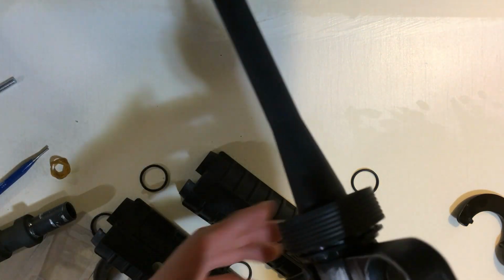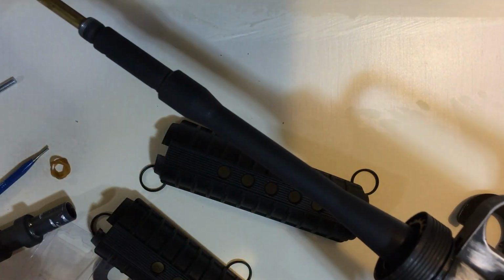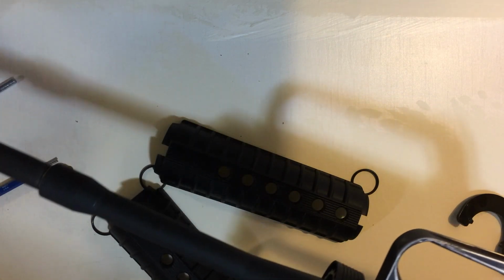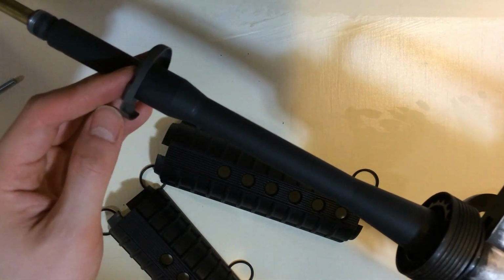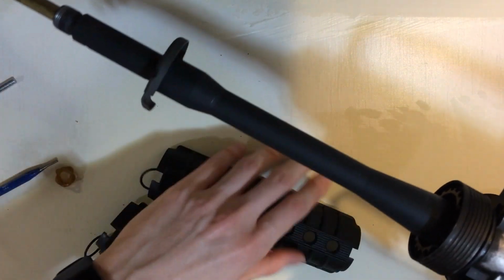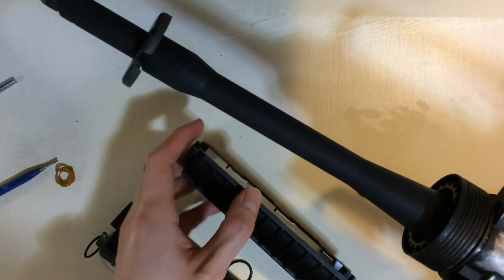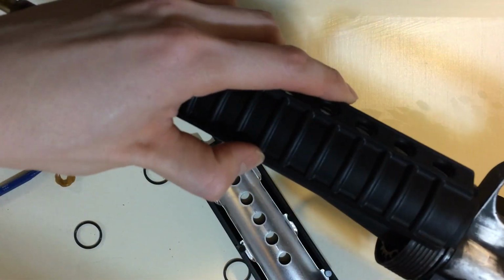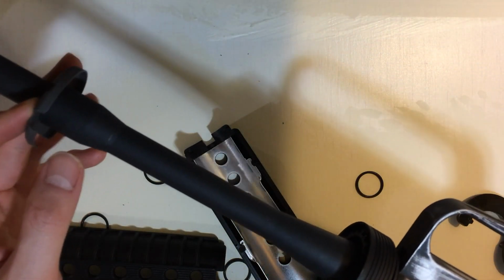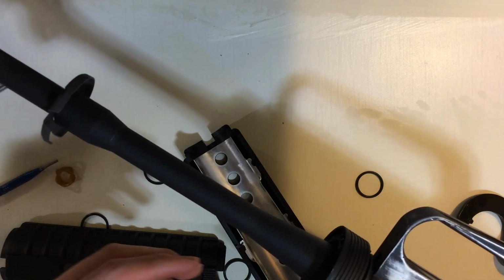So now we can just basically reinstall the hand guards as usual. And I know some folks, what they do is they basically, this part would be on like this, and imagine that the whole front sight post and everything's on, and they basically just pry the delta ring back and then remove it from here, and then of course do the same thing, pry the delta ring back and remove it like that. But I think that's a lot of work, so I think it's just easier just to install it